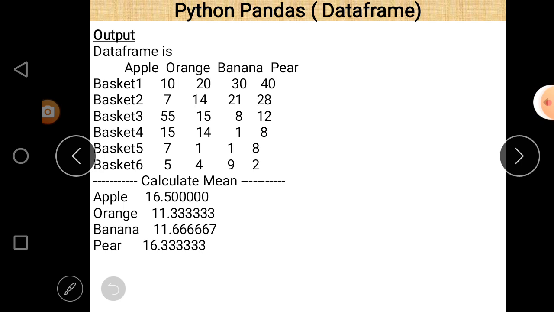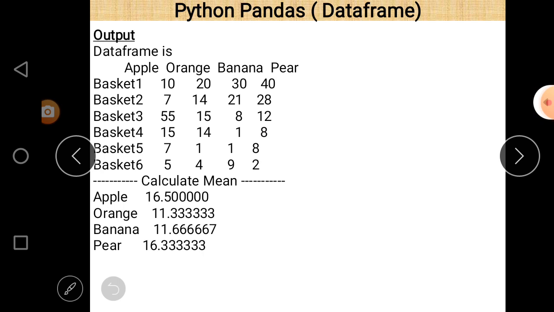The values corresponding to the column apple are 10, 7, 15, 55, 15, and 5. Corresponding to orange are 20, 14, 15, 14, 1, and 4. Corresponding to banana are 13, 21, 8, 1, 1, and 9. And for pear it is 40, 28, 12, 8, 8, and 2.